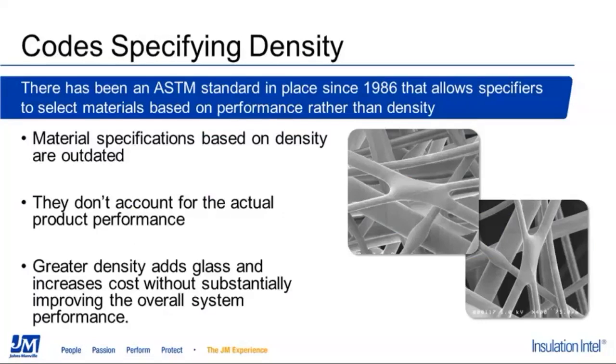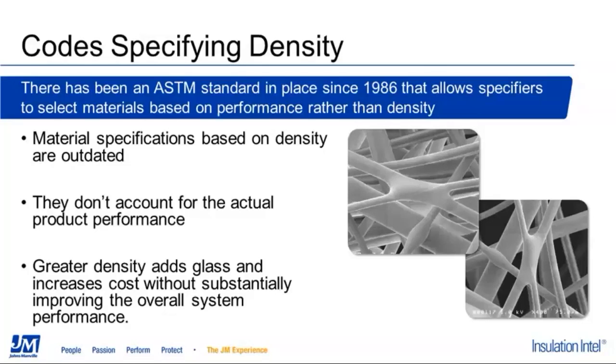It's important to note that since 1986, the ductliner specification for the industry is ASTM C1071-12, Standard Specification for Fibrous Glass Duct Lining Insulation, which is basically thermal and sound-absorbing materials. It has allowed specifiers to select materials based on performance rather than on density. This specification calls out fiberglass duct liners to meet certain performance requirements and has replaced the old government federal specification of